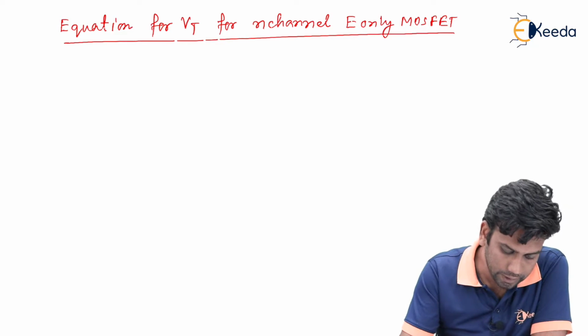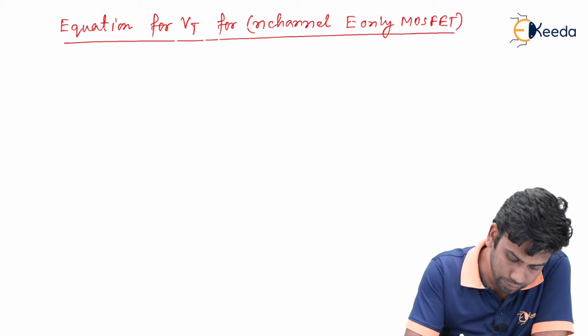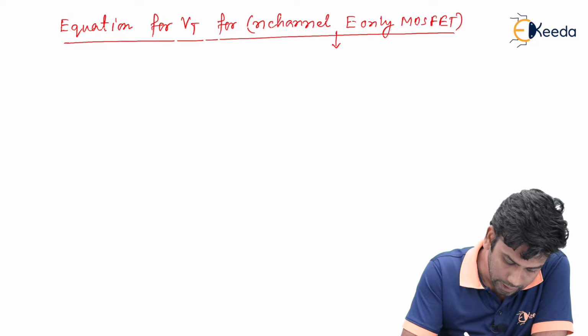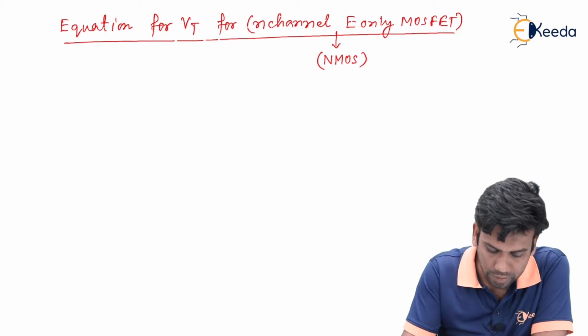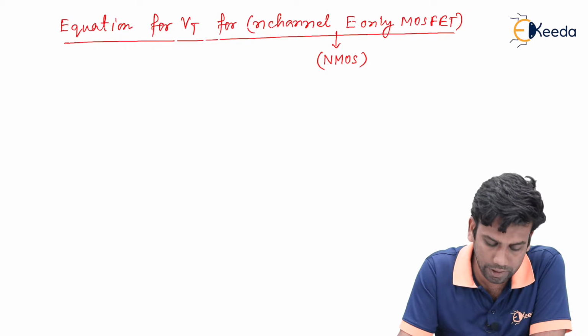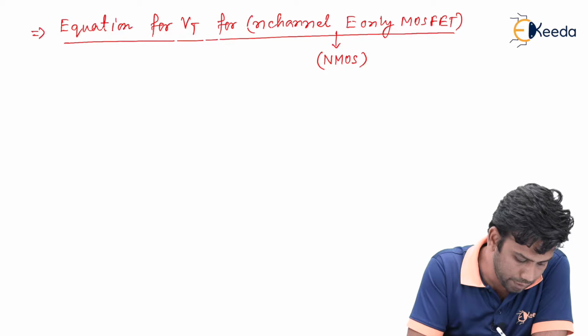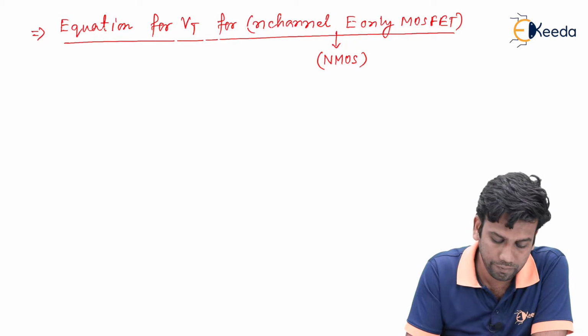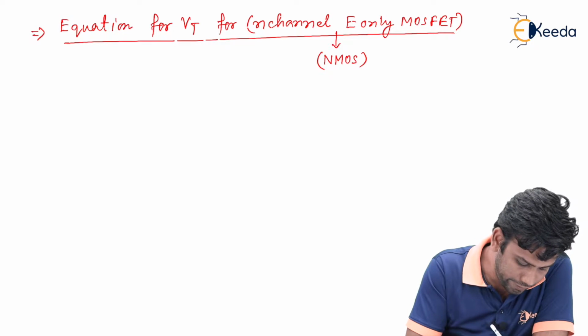Sometimes this N channel E-only MOSFET is also termed as NMOS. So, NMOS means N channel E-only MOSFET. So, now we will see the equation of Vt for NMOS. In that case, the Vt